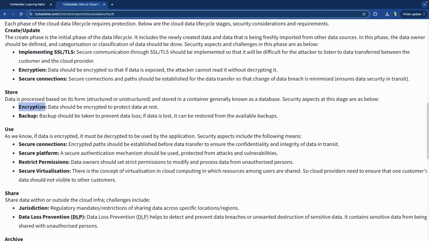So if you have encryption of data, which is fairly easy to understand, you encrypt it so that it can't just be accessed willy-nilly, and people would need to go through certain decryption processes to be able to get access to that. But then the backup is just another one of those things: if the data is lost for whatever reason, the server crashes, the warehouse burns down, there's an earthquake, there's a hurricane, anything, whatever happens, there needs to be backups. So redundancies and backups usually refer to,